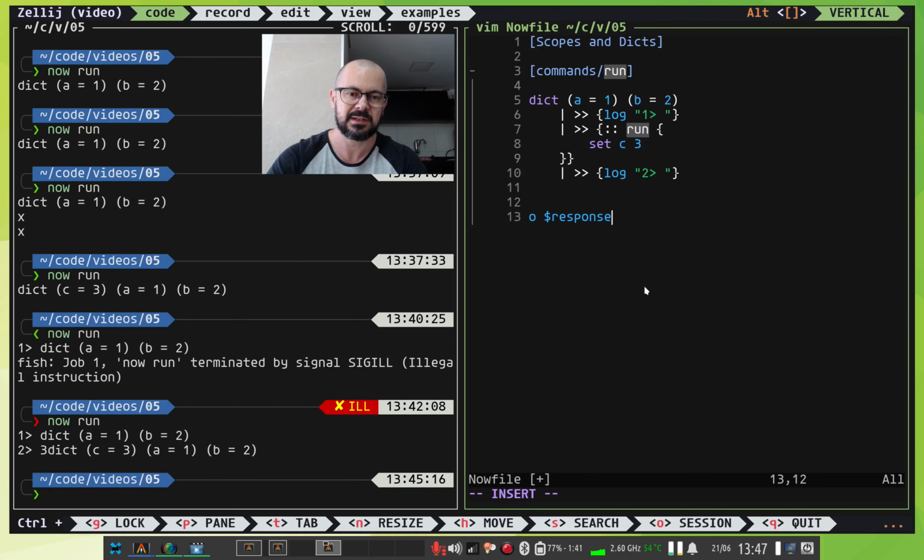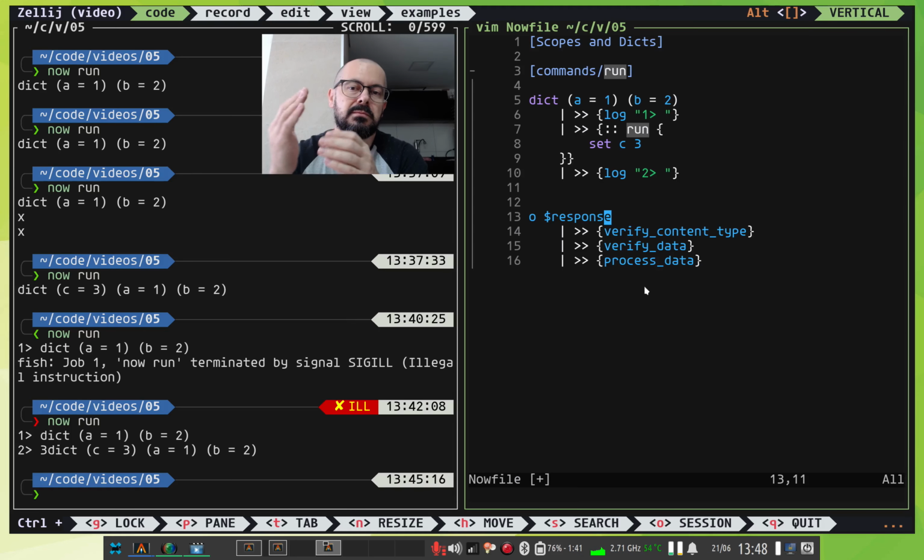Object response, let's say it's a JSON that was parsed, now it's a dict, so you can do things like this: verify the content type, and if it's not correct, you can return immediately. And then you want to verify data, and then finally you want to process data. You're going to do many things with the same data, and you can do that in a single